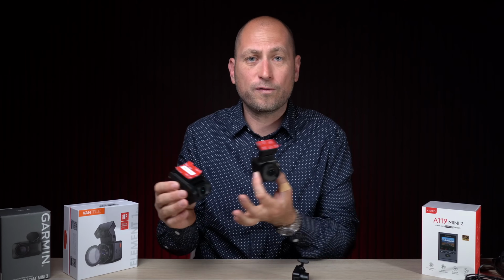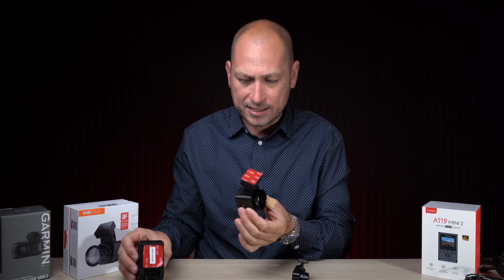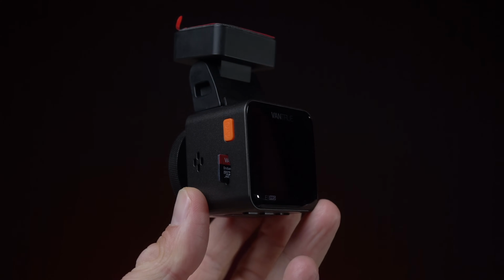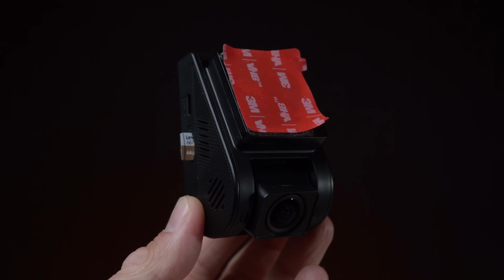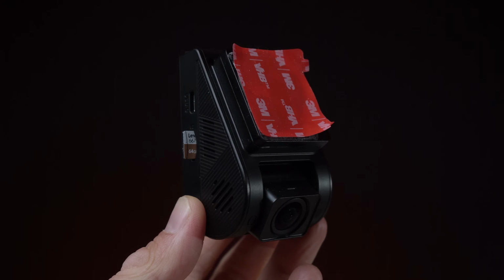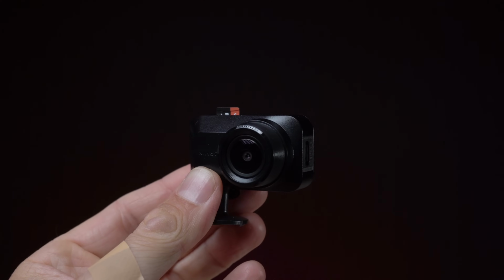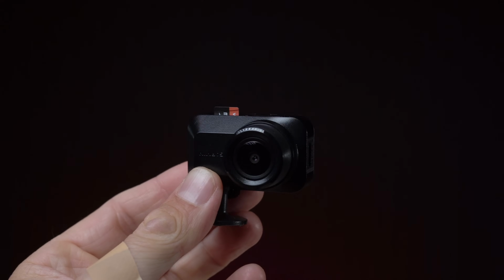All three dash cameras, of course, can take SD cards as well. I believe that the Vantrue can take SD cards up to 1 terabyte, whereas the other two cameras can take SD cards up to 512 gigs. Personally, I've only tried 64 gig SD cards in all three of them, but I figured I'll mention that as